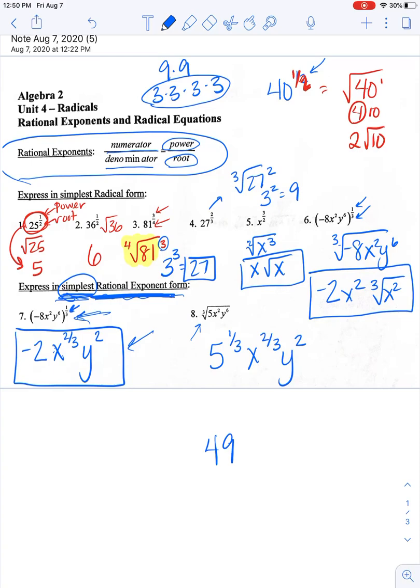So if we're cruising along and doing a problem and you see 49 to the 1/2, I need you to know that's the square root of 49, which is 7. Now what you can also see is 49 to the negative 1/2, and that means square root it. And then remember, negative exponents mean to move it. So this would be 1 over the square root of 49, which would be 1/7. So just, you know, be mindful of all the rules and how they